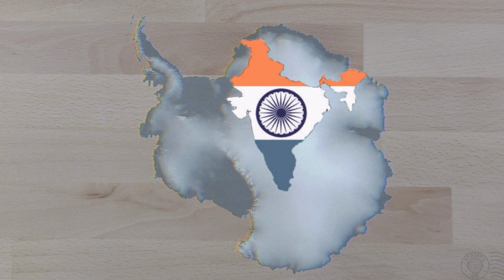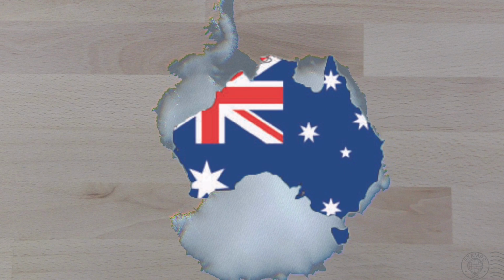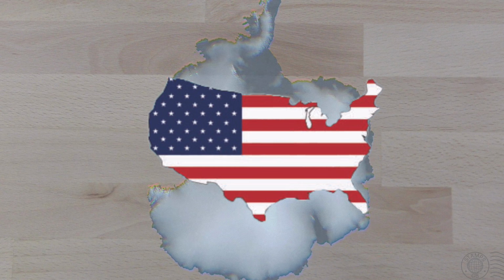Now, when I think of Antarctica, I think of that slither that runs at the bottom of a map, but it's actually quite strange to see it in its true shape. It is, of course, a continent covered in snow and ice. And this is actually a big piece of land. It's more than 4 times the size of India, almost twice the size of Australia, and the continental US can fit in there quite comfortably. And what's interesting is that it's also, well,